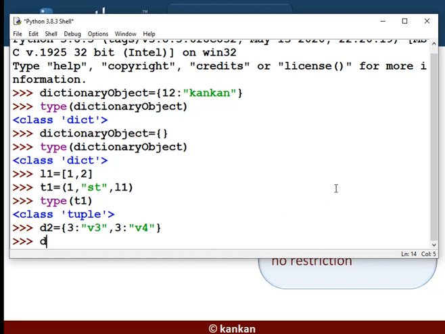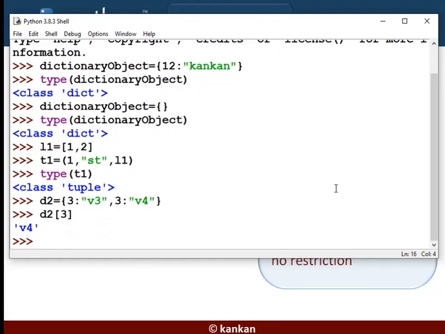How to find the value of this dictionary? You just need to mention the key. So if I mention key 3 within the dictionary, then what will be the value? That will be V3. V4 will be ignored. Sorry, the last one will be retrieved. The first one will be ignored.